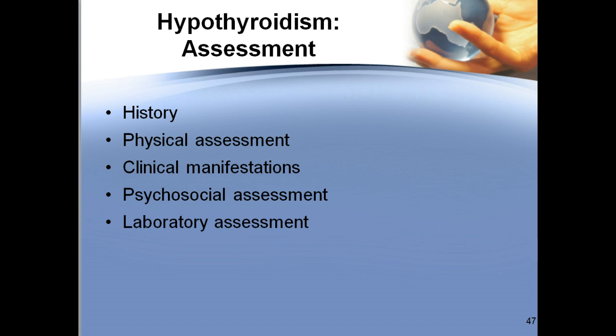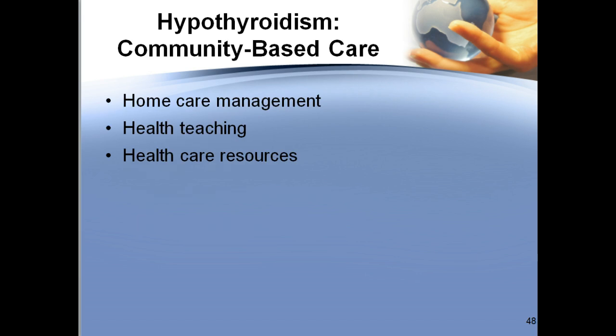And then we already discussed, I already said about the, so as far as home care management, basically it's usually a chronic condition. Patients with hypothyroidism are managed on an outpatient basis and may reside anywhere. Patients in acute settings, subacute care settings, and rehabilitation centers may have long standing hypothyroidism in addition to other problems they may have. The worst thing would be for them to potentially have what they call a myxedema coma,